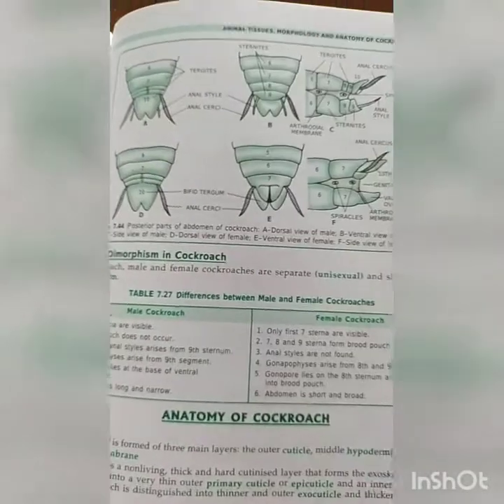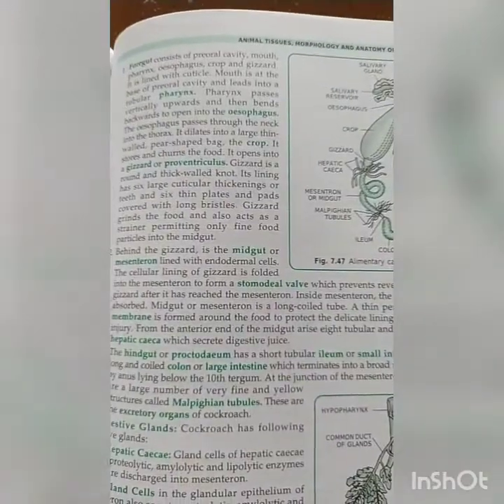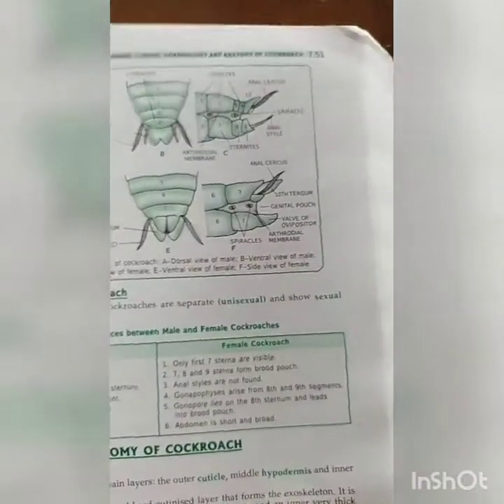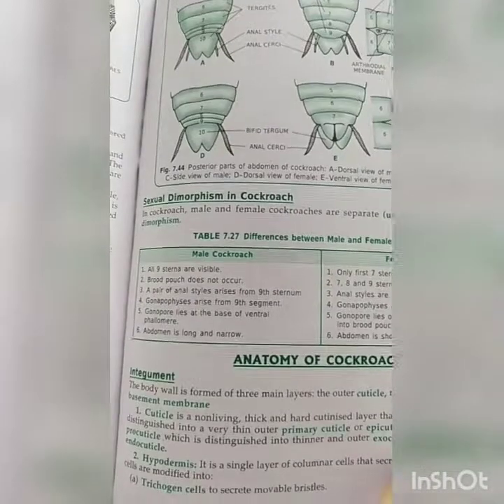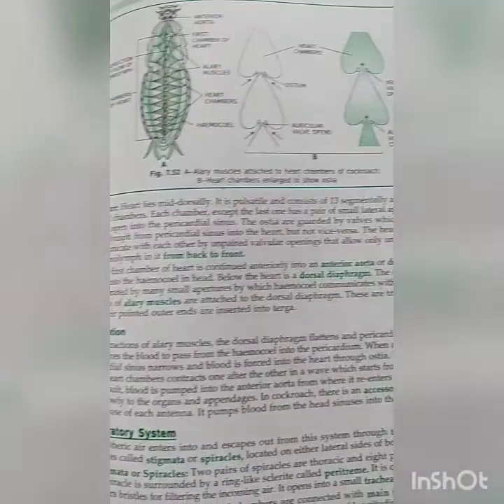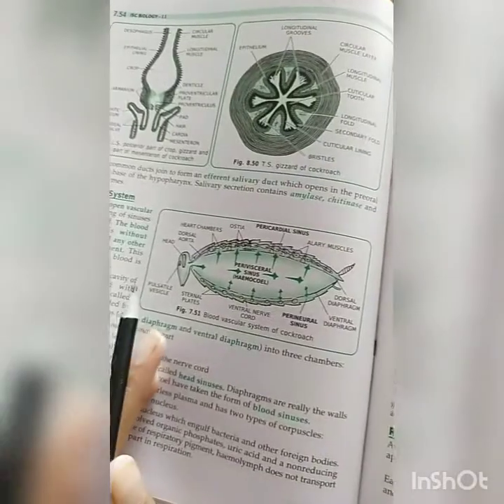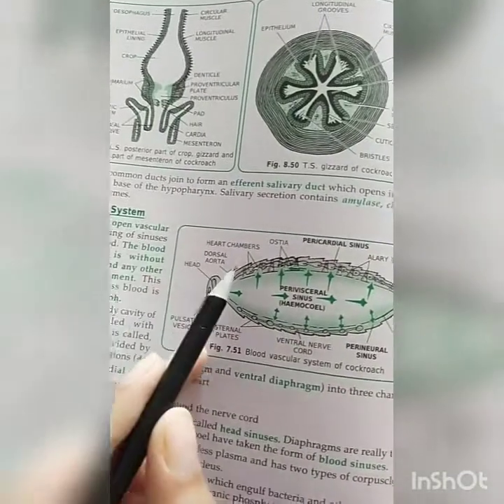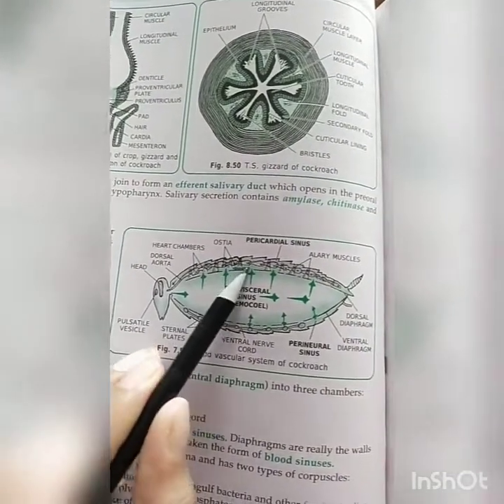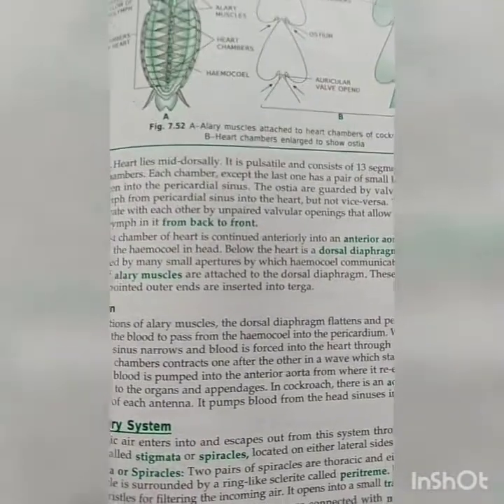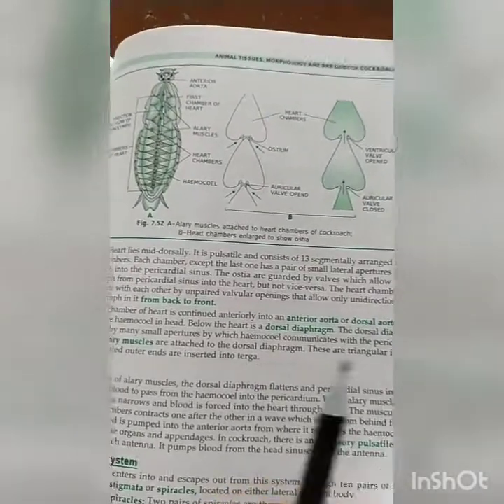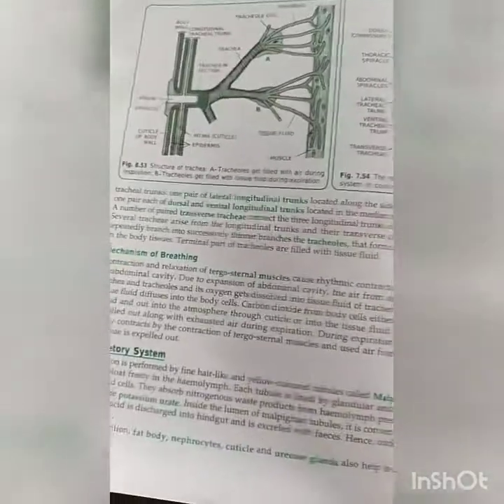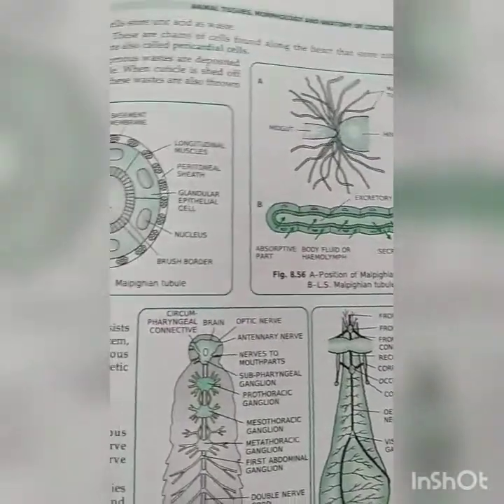Now after that, this is the complete morphology of a cockroach. In our next lecture we will study the anatomy of the cockroach. Before studying, students, you have to study a few things: what do you understand by the circulatory system, what do you understand by the respiratory system. In the circulatory system you are going to see the circulation of blood or fluid inside the body. In the respiratory system you are going to see the formation of energy or breathing, also respiration. In the excretory system you are going to see the removal of waste products.